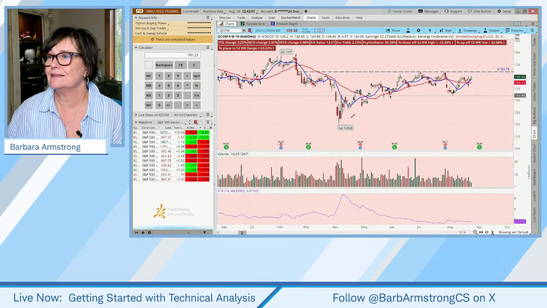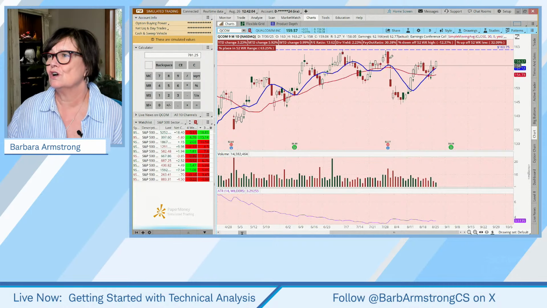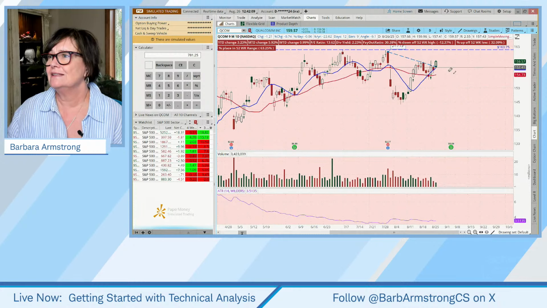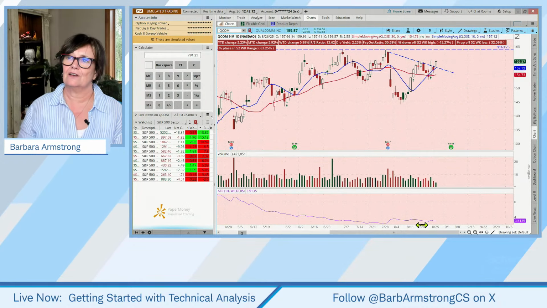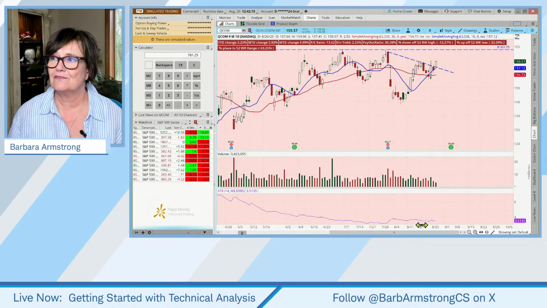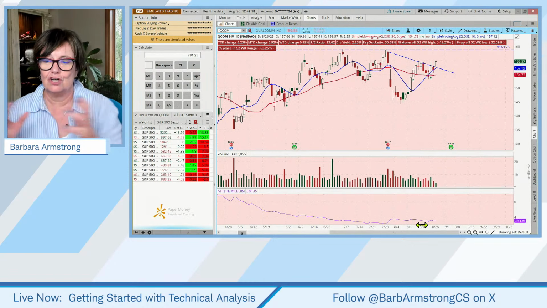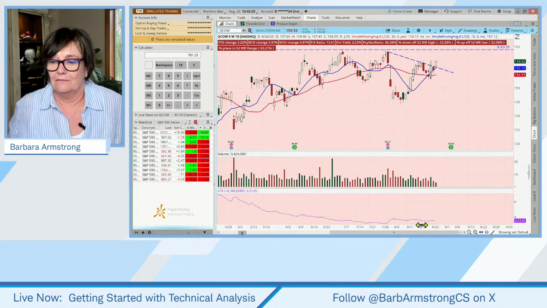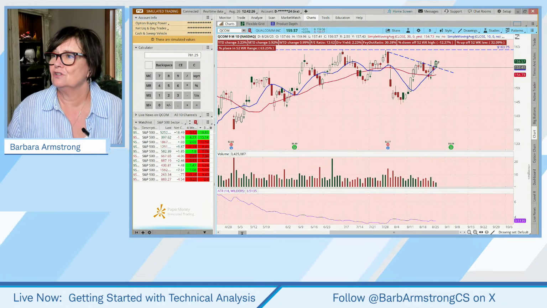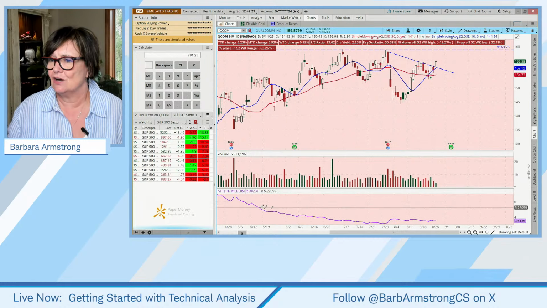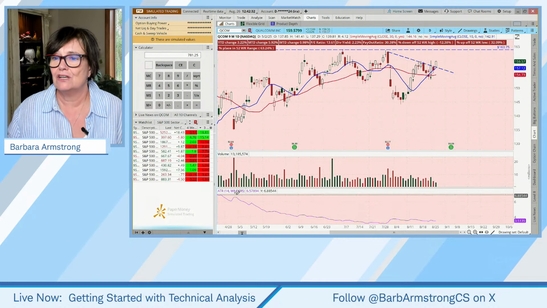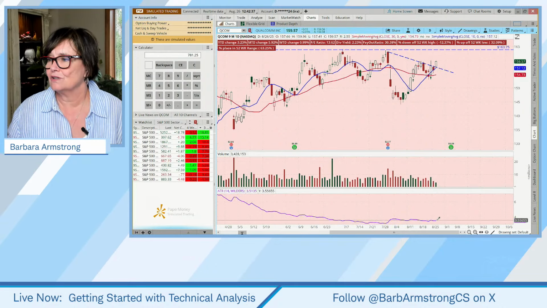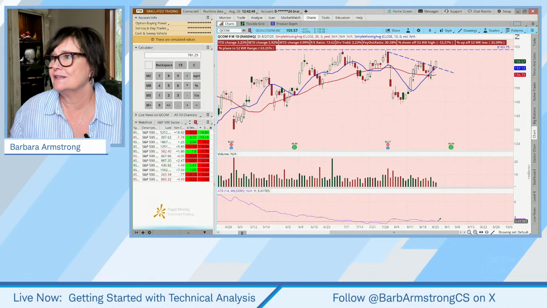Now, because some might look at this and say, well, I just do really short-term trades. And this is where the art of technical analysis comes in. And so I'm looking at this and I'm seeing a diagonal resistance breakout. And that's the difference between looking at the really immediate term and a little longer term. And there's no one right answer. So if you said, well, I'm going to do a one ATR, this is how much Qualcomm has moved in an average day over the last 14 days, about $3.40.